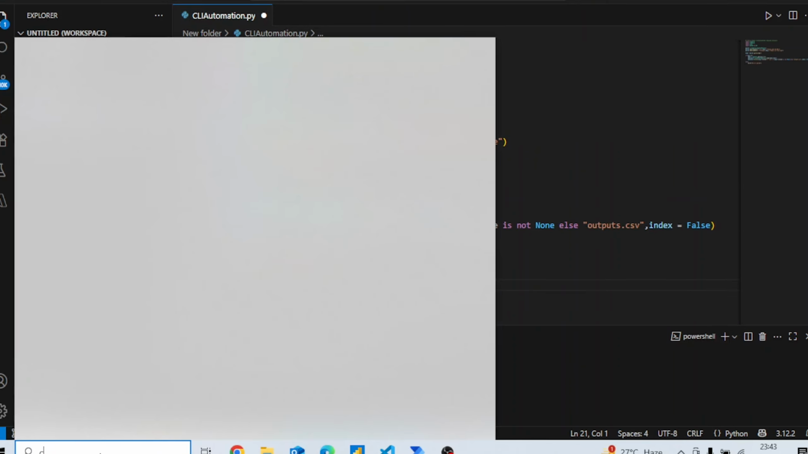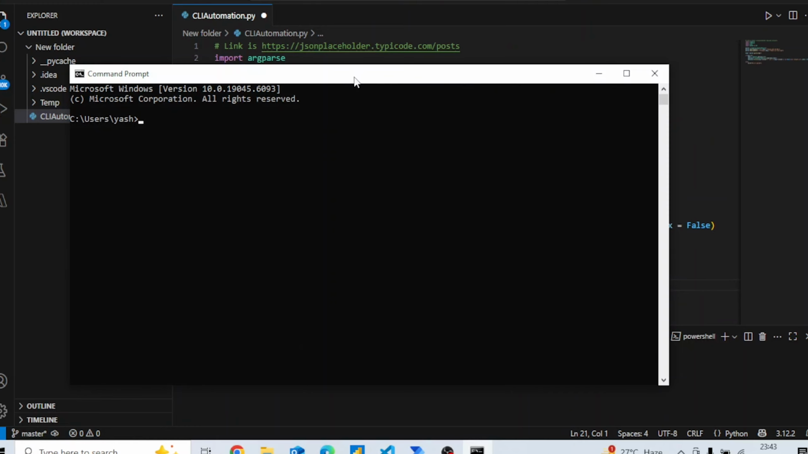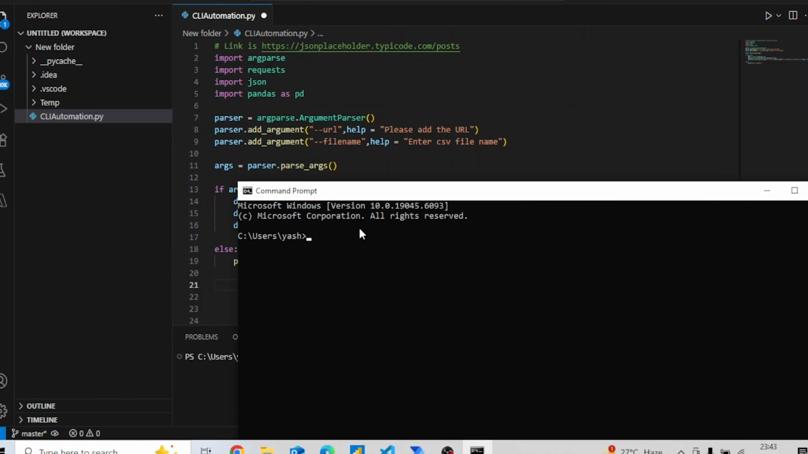Now I will go ahead and open CMD, and within the CMD, in order for us to run this, we need to go ahead and enter the same location as the new folder. So I will say cd desktop, and then new folder, obviously with a space. Now that we are in the folder, we need to call this particular script. So I will say python CLI automation